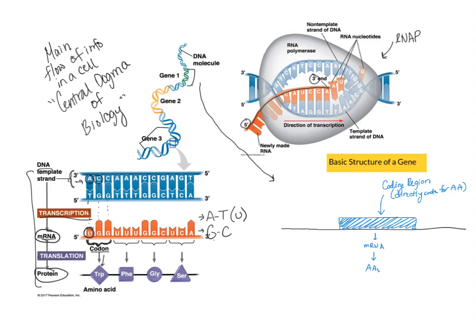However, that's not all that a gene is made up of. There are other sequences that are found within the stretch of DNA that contribute to the gene's function. And so the first one I'm going to talk about is seen right before the coding region, and we call this the promoter. All right, the promoter is a sequence of DNA where RNA polymerase attaches to initiate transcription. So RNA polymerase, which is a protein, will attach to specific regions of the promoter before proceeding with transcription,